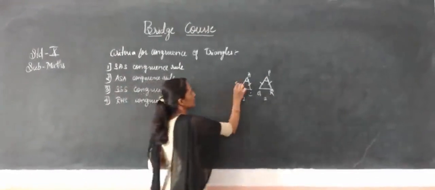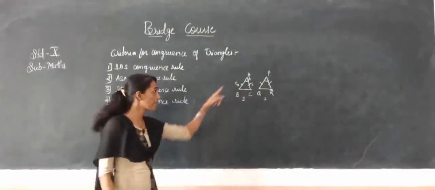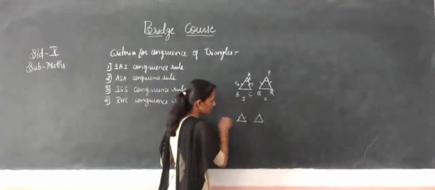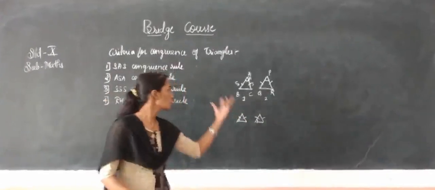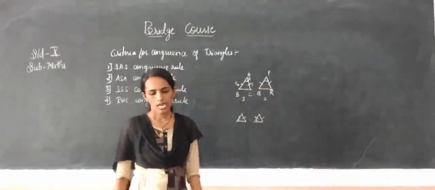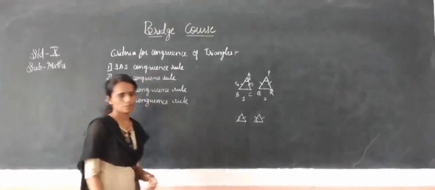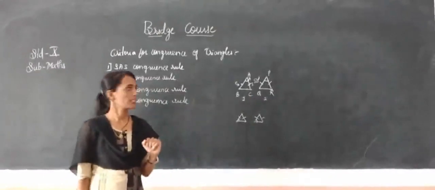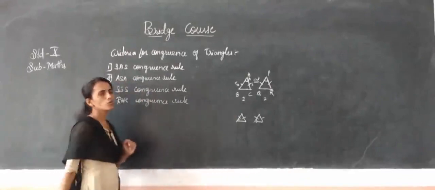Here this is angle A, the included angle of the two sides. The angle must be included. If you consider two triangles with two sides equal and some other angle equal, that is not considered here. So two sides and the included angle of one triangle equal to two sides and the included angle of the other triangle, that we call the SAS congruency rule. At that time we can tell that these two triangles are congruent, and we mention it as the SAS congruency rule.